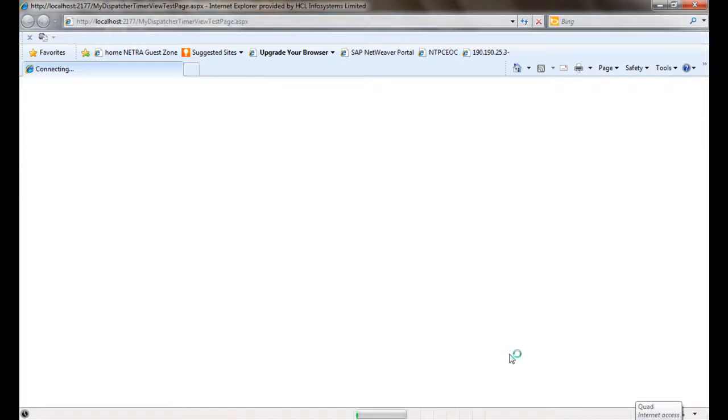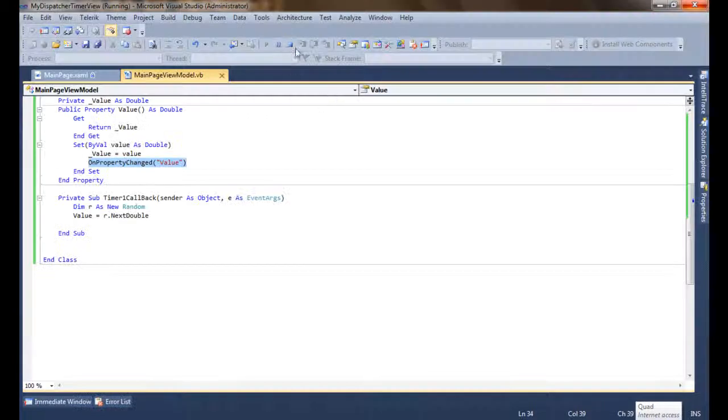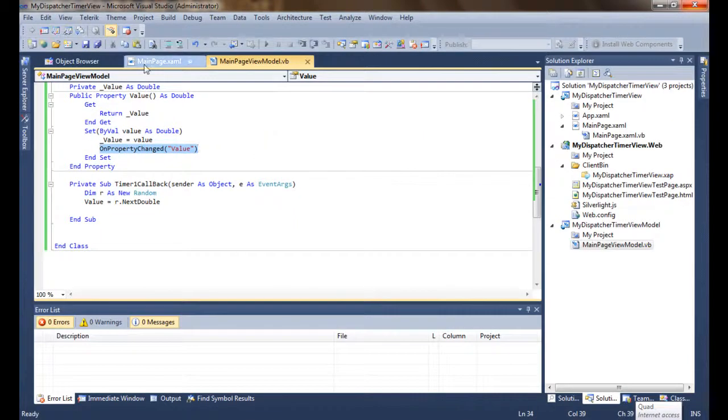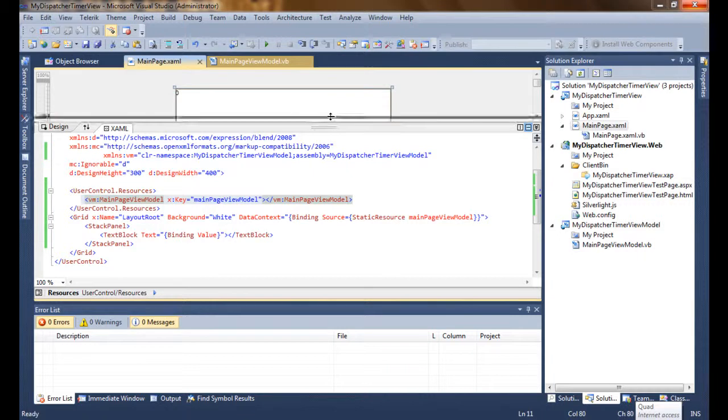I don't know why. Okay. So as you can see, the value gets changed after every 2 seconds. I'm getting a random value here. So you can put this feature with any type of control. Suppose I want to update a list box, that I can do. And one more thing, I can have multiple timers also.